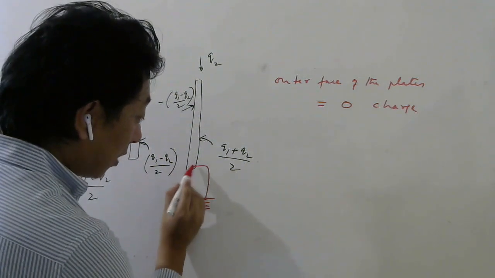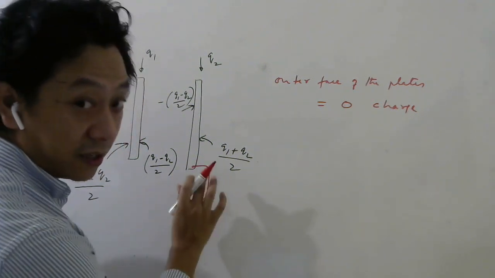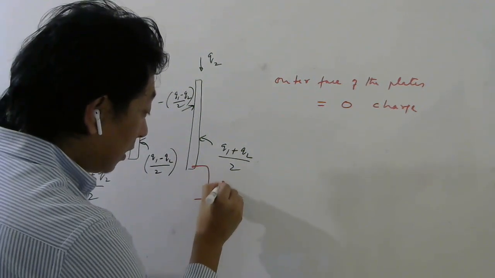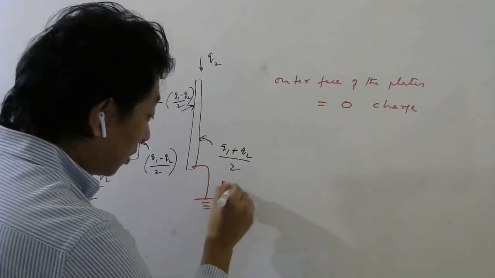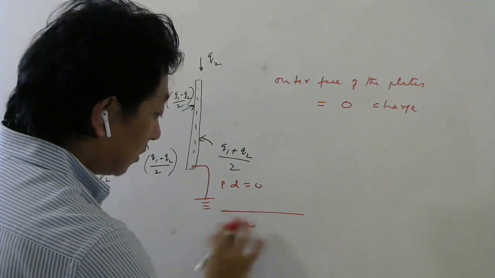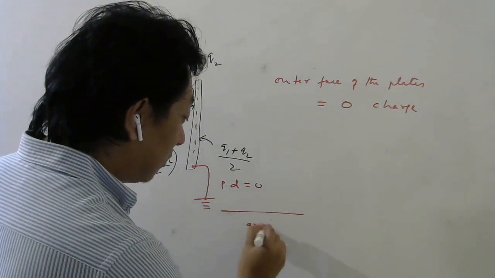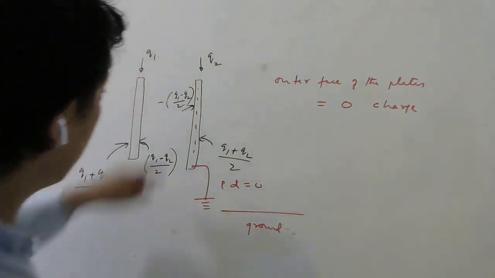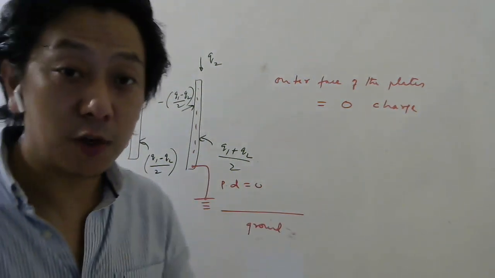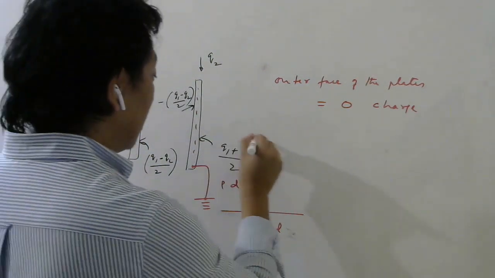If you connect any one plate to ground, then this point, this point, this point, this point, this is a conductor, right? Earth is also a conductor, so it will be equipotential. So outside there will be an equipotential surface. So the potential between any point here and ground will be the same. If the potential is the same, what will the potential difference be? Zero. If the potential difference is zero, the electric field should be zero outside.